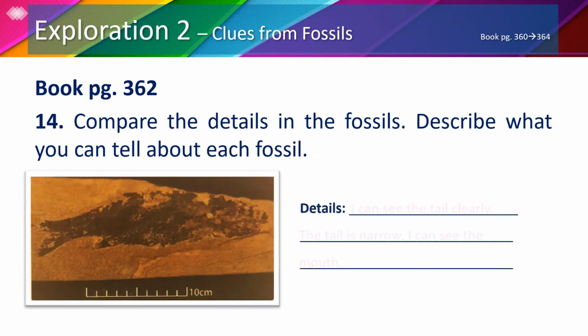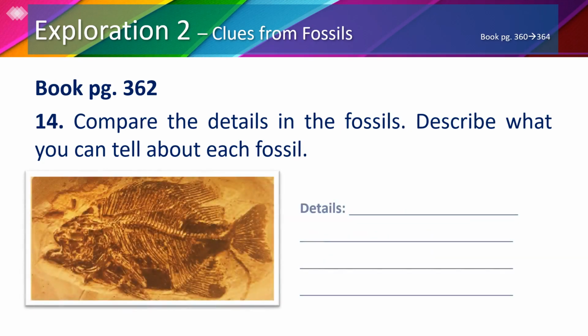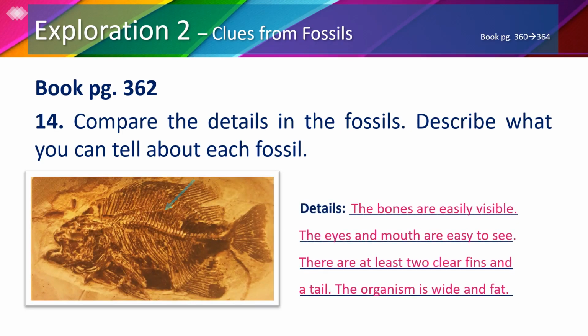In this picture, we can see the tail clearly. It is narrow. We can also see the mouth. In the second picture, the bones are easily visible. The eyes and the mouth are easy to see. There are at least 2 clear fins and a tail, and we can notice that this organism is wide and